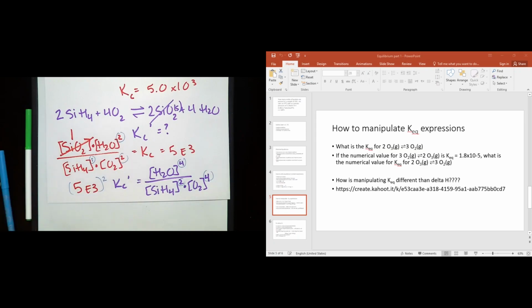What always works, you can memorize a set of rules for K expressions. If you flip the reaction, it's 1 over the original K. If you multiply every coefficient by a number, it's the original K raised to that power that you multiplied. If you divide by a number, it's the square root of that, or cube root if it were a 3. If you're dividing all of the coefficients by one number, it's that root of the original K. You can memorize that set of rules. Or,